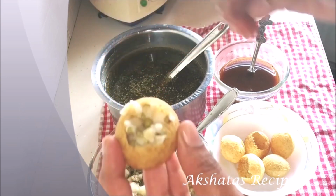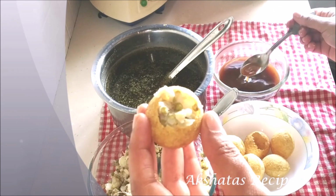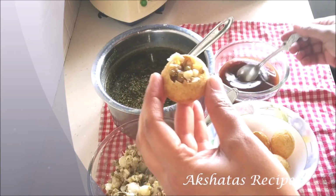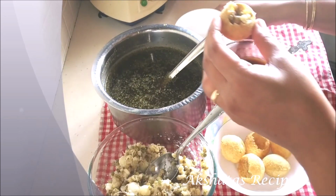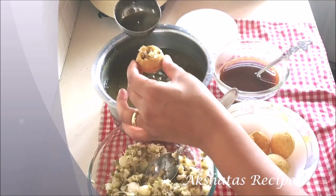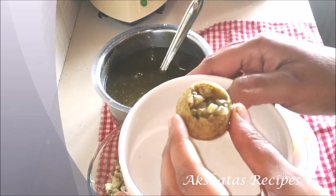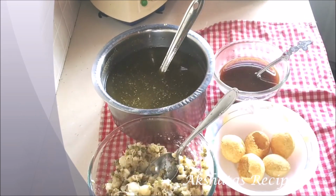You can add some extra sweet chutney if you like, or you can just directly go for the water if you're satisfied with the taste of the water. But I always like the little extra sweetness of the sweet tamarind chutney. And then just take a bowl, just pour the water into it. You can directly dip it also in, but I find that the spoon is much less messier. And that's all, friends. And then just wallop it out, you put it into your mouth and just enjoy this